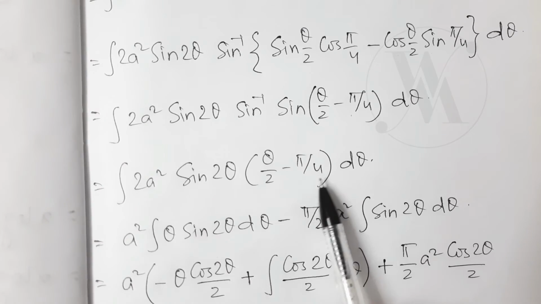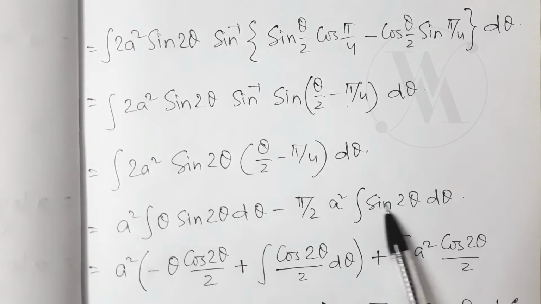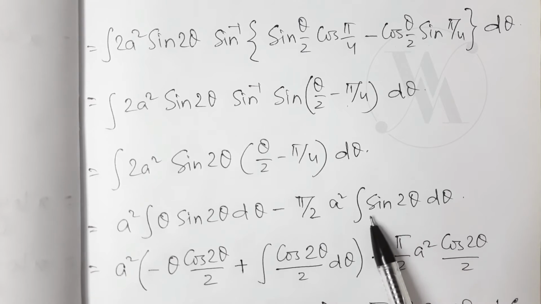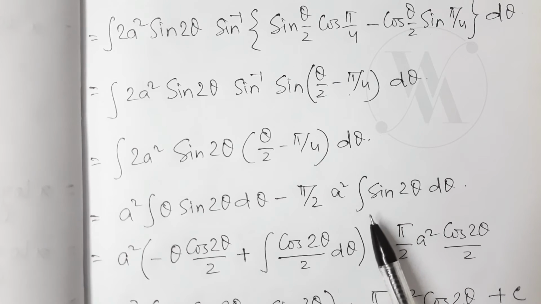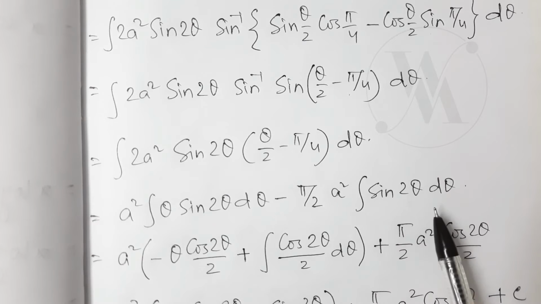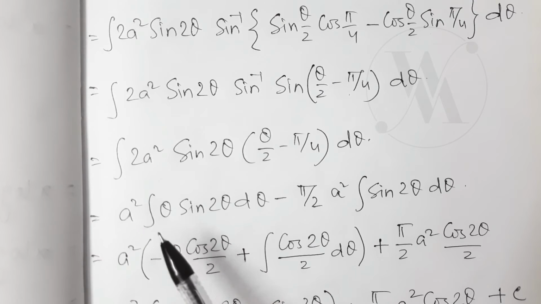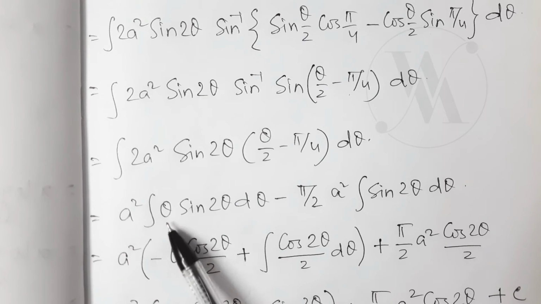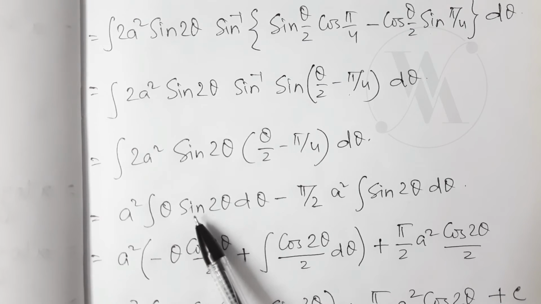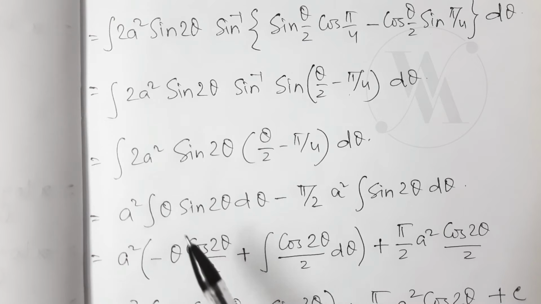Now you just multiply, and after multiplying you will get this quantity. Now this is simple integration. This will be nothing but minus cos 2 theta by 2, and in this integration we will apply the integration by parts method, so you will use the formula. By that formula, theta is the first function and sine will be the second function, because this is a trigonometric function. After you apply the formula you will get this quantity. You just do the calculation. These will be very simple integrations.